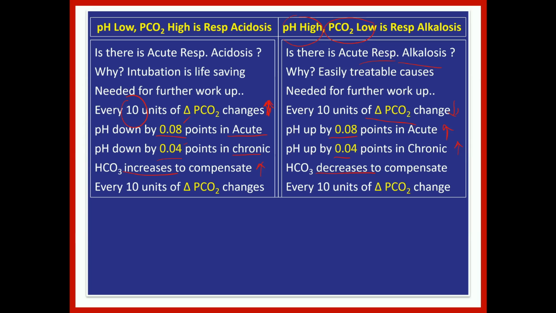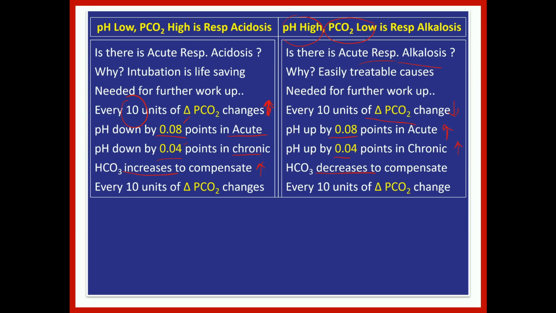So by doing this workup, we know whether it is acute respiratory acidosis or respiratory alkalosis, or chronic respiratory acidosis or chronic respiratory alkalosis. First of all, we have to find out whether it is acidosis or not. Second, we have to pin down whether it is acidosis or alkalosis. Then we have to say respiratory or metabolic. Then, having said respiratory, we have to see whether it is acute or chronic. Likewise, for alkalosis and acidosis, acute and chronic are important.